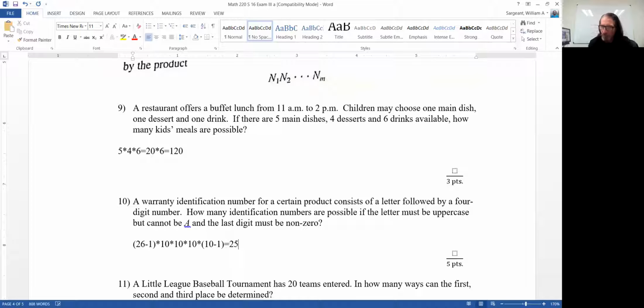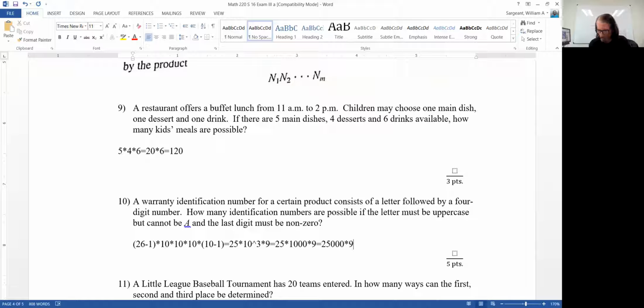And so that's going to give us 25 times 10 cubed times 9. 25 times 10 cubed, which is 1,000, times 9. 25,000 times 9 is 250,000, I want to say,